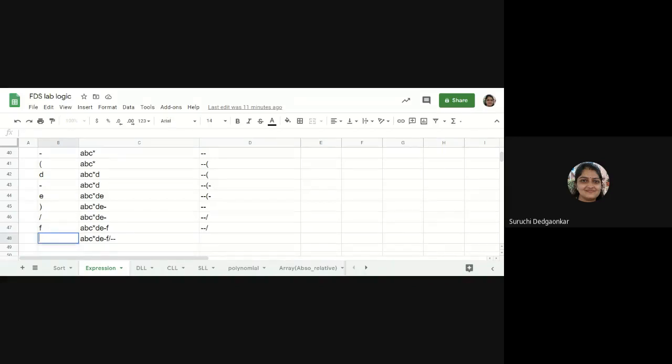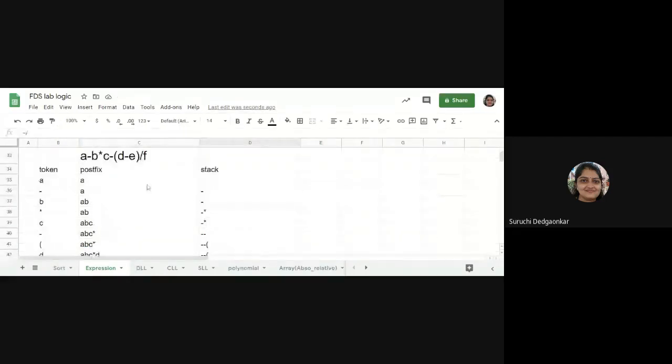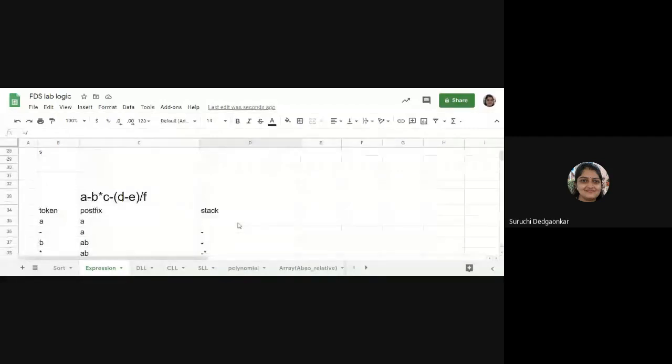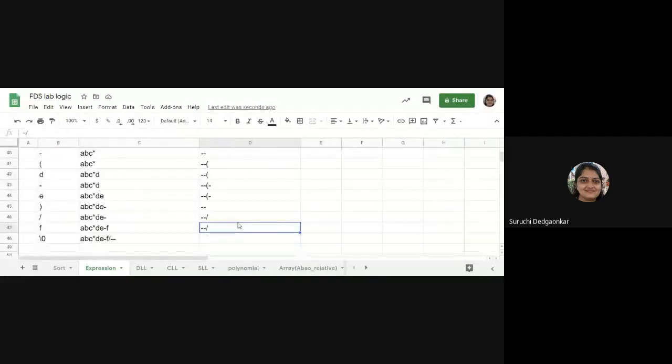When slash 0 is there at the end of the expression, then pop everything from the stack. So divide will be copied first, then minus, then minus. So like this, the conversion will take place.